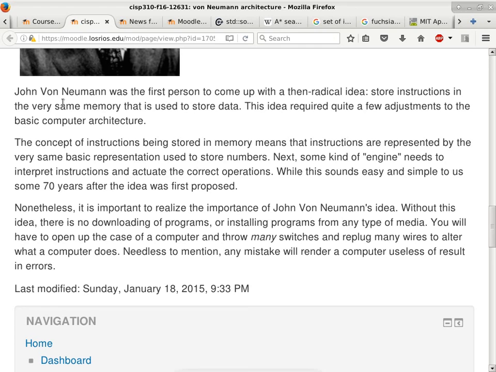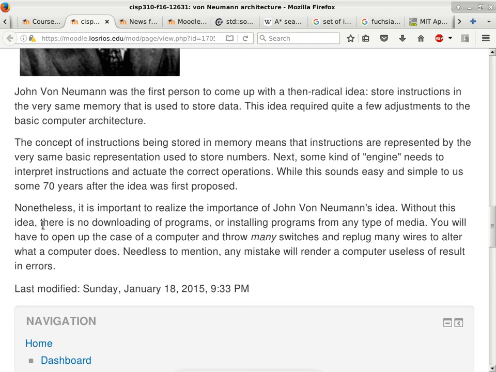And that turned out to be a very important concept in computer science, because without this idea, we'd still be doing wiring. And it would just be possible on cell phones because things are so small, right? I mean, what are the switches in your cell phone? How do you rewire things in your cell phone? You can't, because there are so many connections. So he's the first person who came up with that idea.